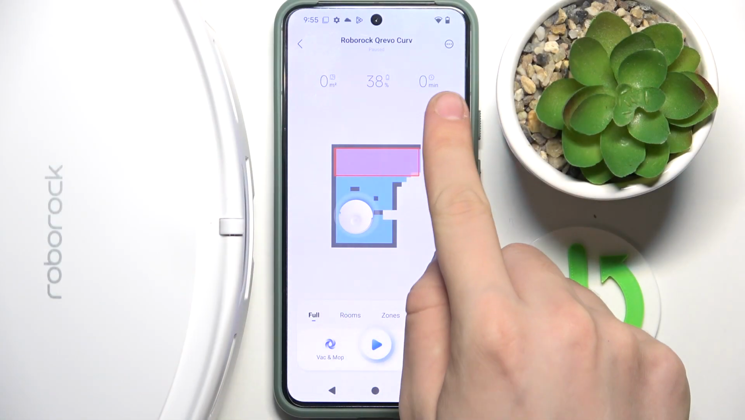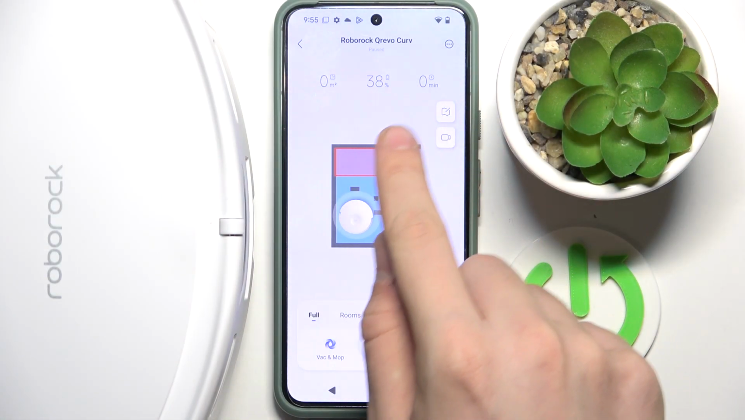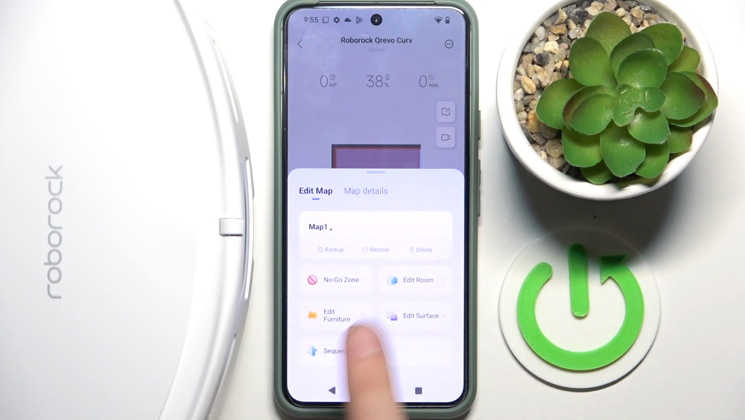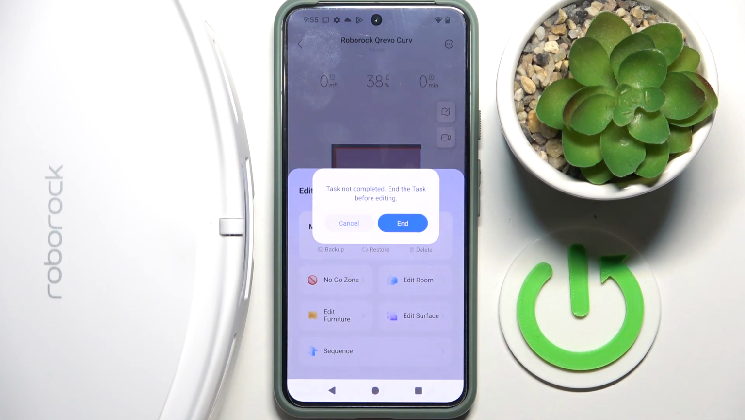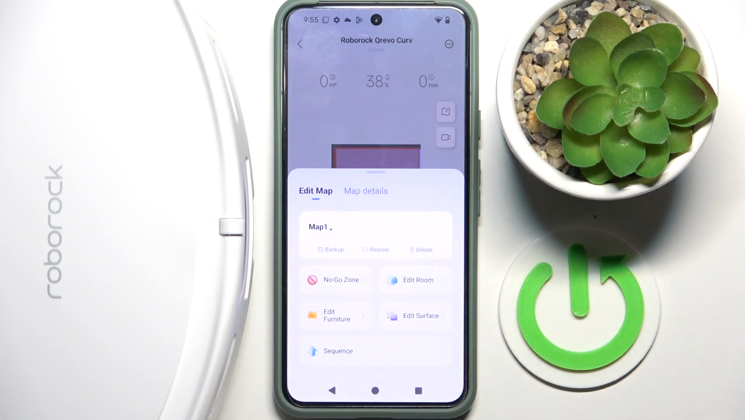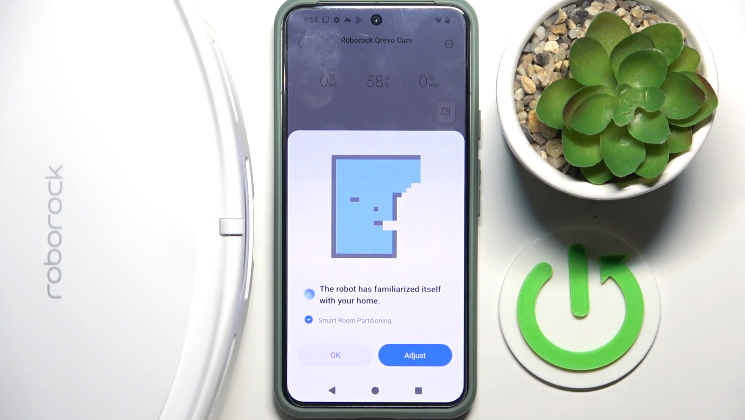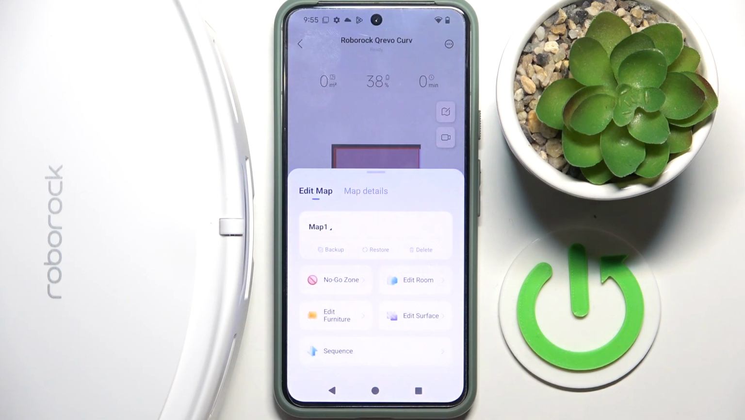If we click on this option over here, we can see edit map. Here we have to click edit room, and as you can see, task not completed and the task before editing. We can end our task without any hesitation, and here as you can see the robot has familiarized itself with your home. You have to click adjust if you want to,